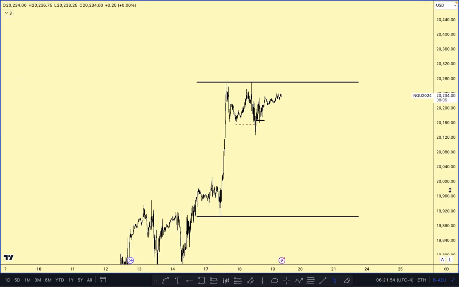We had the daily range from the candle on Monday, that massive expansion move we had on Monday. This is the high made on Monday. This is the low made on Monday. Currently, this stands as the low of the week and the high of the week. We got news on Tuesday. We wicked up, but we didn't cross that level as the high of the week. And then yesterday came, or today rather,